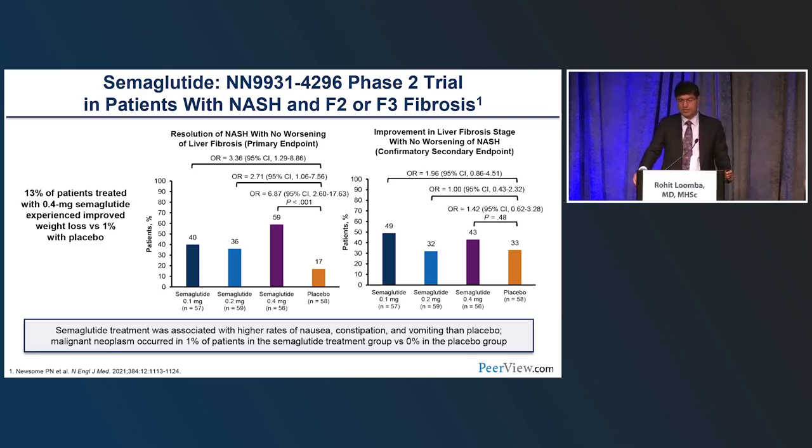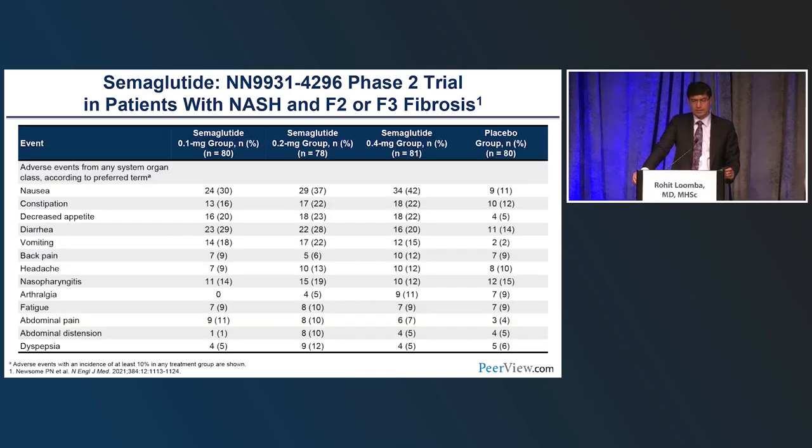Semaglutide treatment is associated with higher rates of GI side effects, such as nausea, constipation, and vomiting than placebo. These are some of the side effect profile related to semaglutide in the phase 2b trial. You can see generally it is GI side effects that are associated with semaglutide use. Particularly, they happen in the first 16 to 24 weeks. What we do is we generally go at a lower dose and slowly escalate the dose and take to full dose over 16 to 20 weeks of treatment.